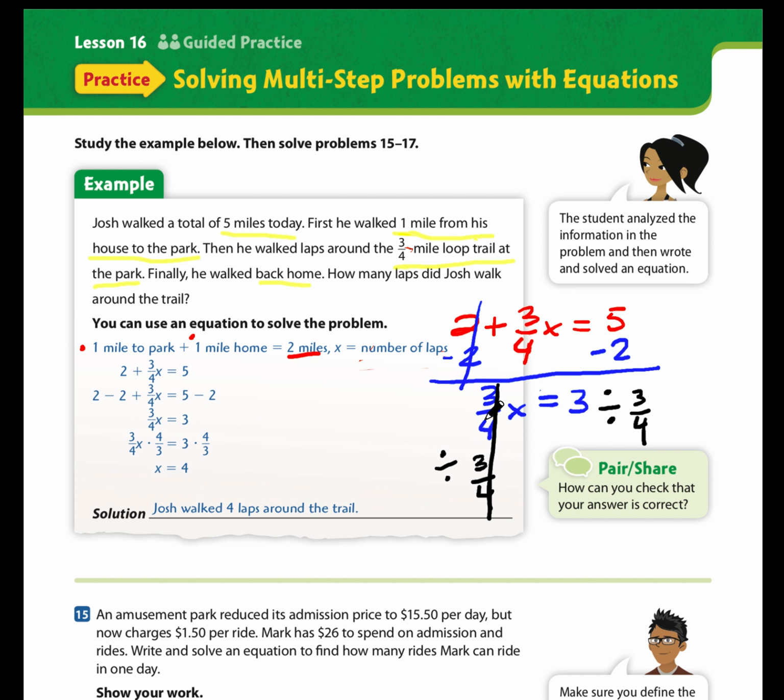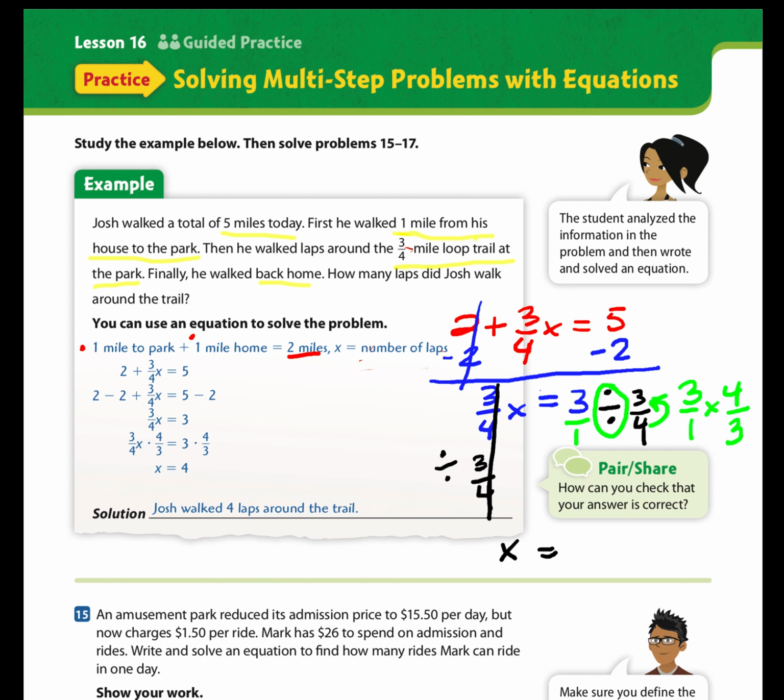These are going to cancel because they become a 1, and that brings my x down. Now I need to change this up a little bit. So I'm going to put a 1 under this to make it look like a fraction. I'm going to change this sign to a multiplication, and I'm going to flip this fraction upside down. So in the end, I get 3/1 times